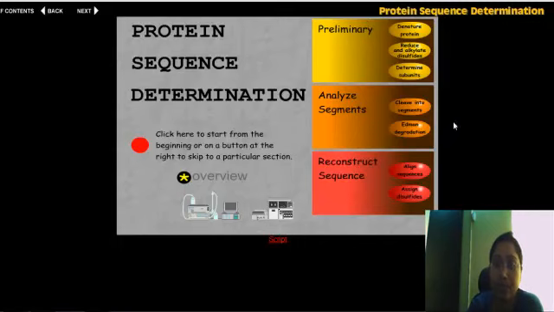So here we have a sequence of 7 steps, through which we can sequence our protein. So first one is your denaturation of the protein. Denaturation of protein means removal of the non-covalent bonds as well as some covalent bonds, for example disulfide bonds, from the tertiary structure of protein, so that it will be converted to a primary structure.